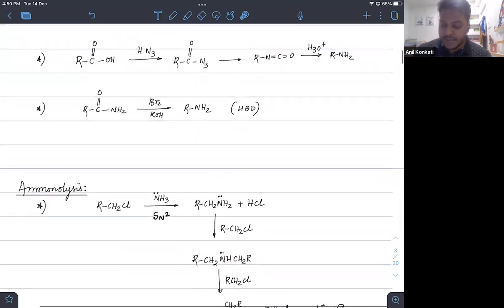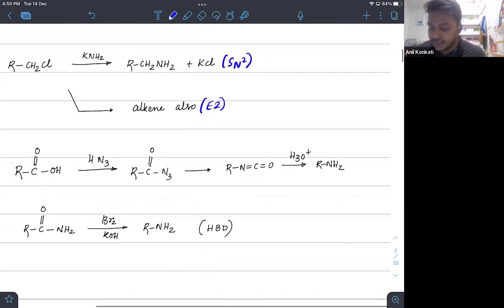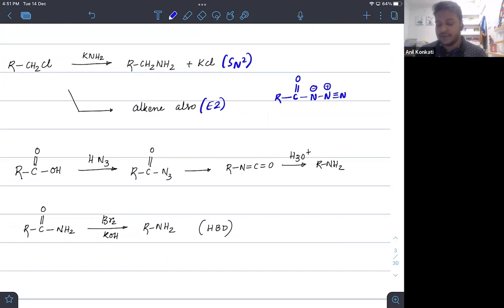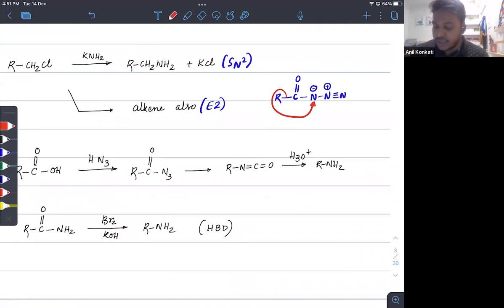Next, preparation comes from acids. If you take carboxylic acids and treat that with HN3, this is hydrazoic acid. In hydrazoic acid, we'll take this OH and H to get dehydrated, and N3 would join here, right? So if you recall how it is connected, it is like this: R-C double bond O, with N triple bond N with plus and minus. This is how it is connected. Now, this is a very typical arrangement. If you recall, we have done this before as a rearrangement. So R will undergo rearrangement here.